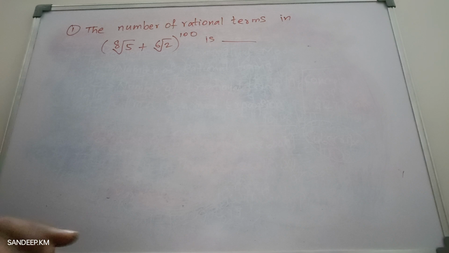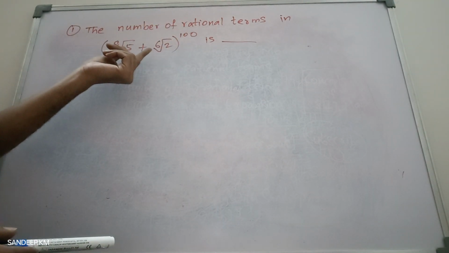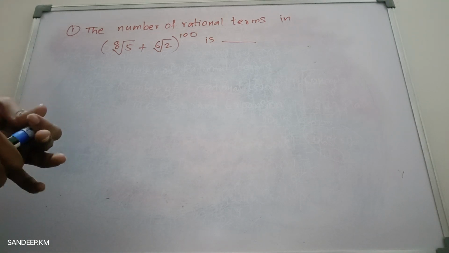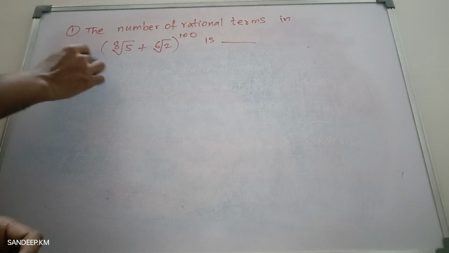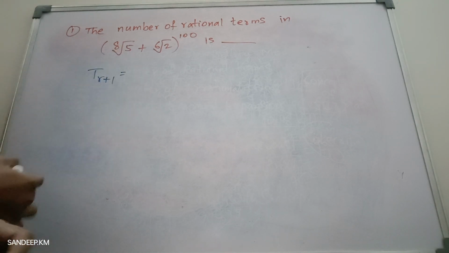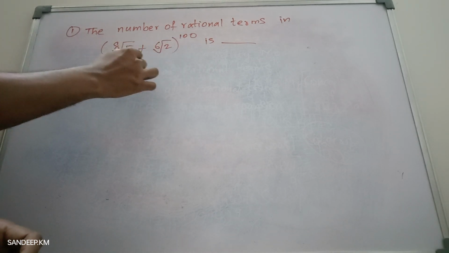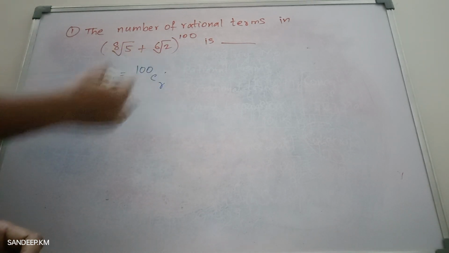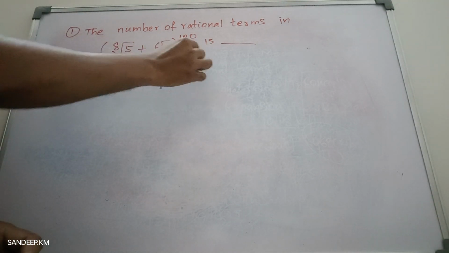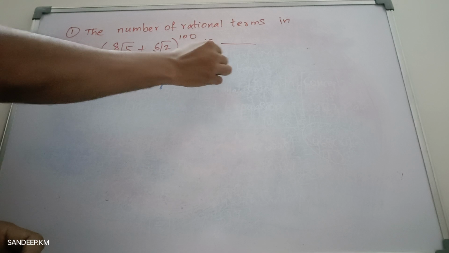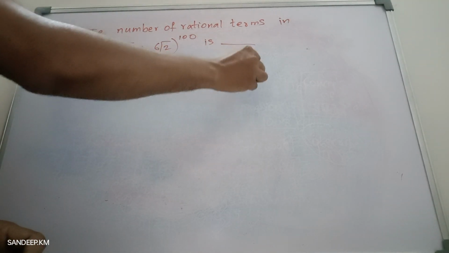Here is our first question. So they told us to find the number of rational terms in this particular binomial expansion, right? First, if you want to find the number of rational terms, let us write the general term. So what is it? The general term is T(r+1), which is nCr. So index is 100, right? n value is 100. So 100Cr into the first term, 5 power 1 by 8, whole power 100 minus r, into the second term, which is 6th root of 2, that means 2 power 1 by 6,